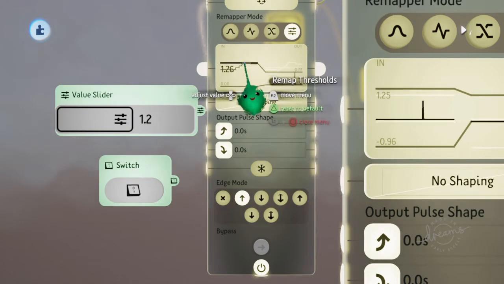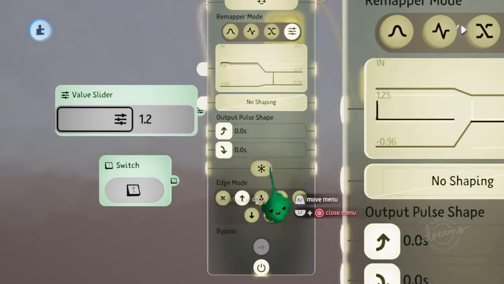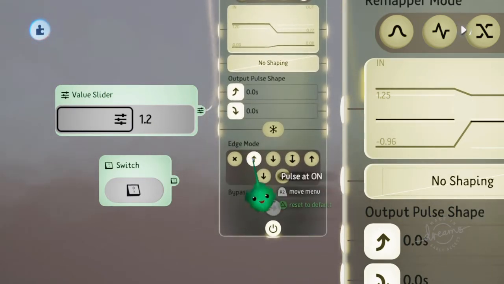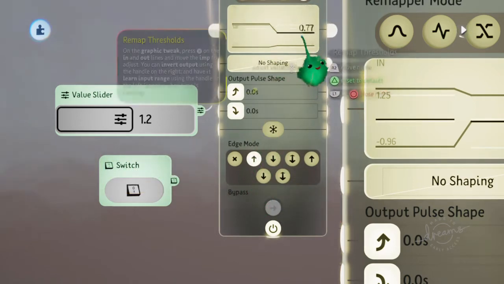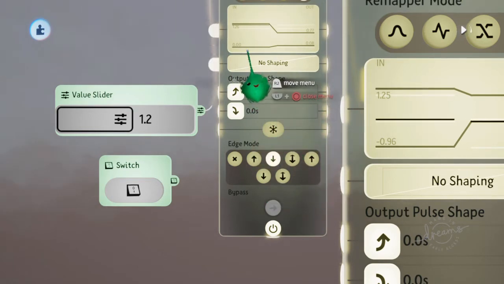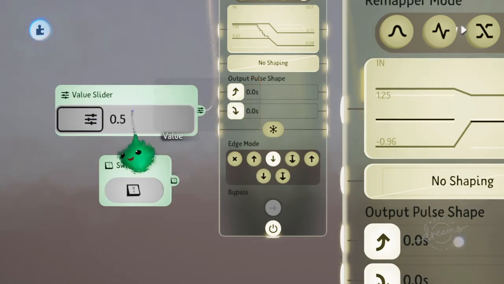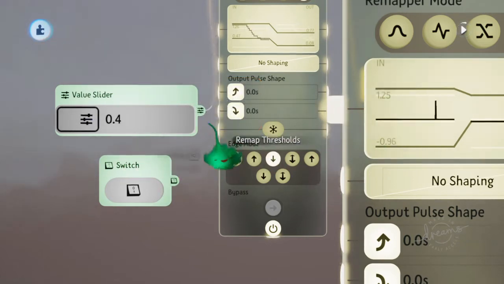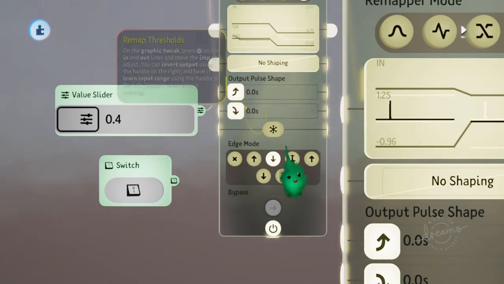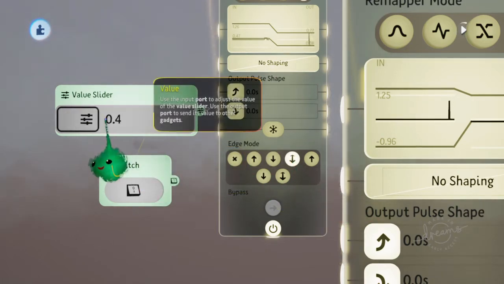So when this gets to the top of the input range, that's considered on for the edge definition. So then it sends a pulse of this output maximum, and then pulse at off will be when it gets to the bottom range. So if we go down, then it sent a pulse when we got past the input minimum. Pulse at on or off will pulse at either a point,